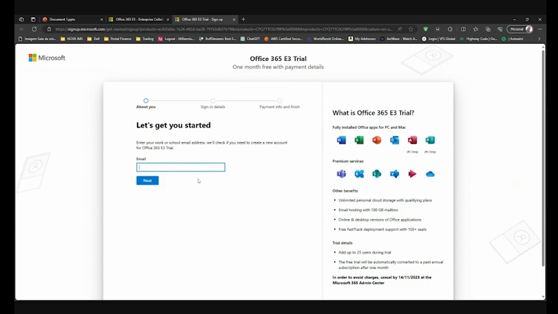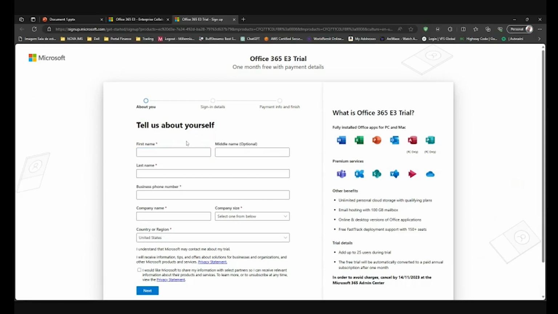So here we're going to enter our email address. All right. And we click next. Now it's going to check if you have ever used your email to set up an account on Office 365 before or Microsoft 365. If it checks and you don't have an account set up on that email, then it would give you this option to set up your account. Okay, so we'll click on set up account,